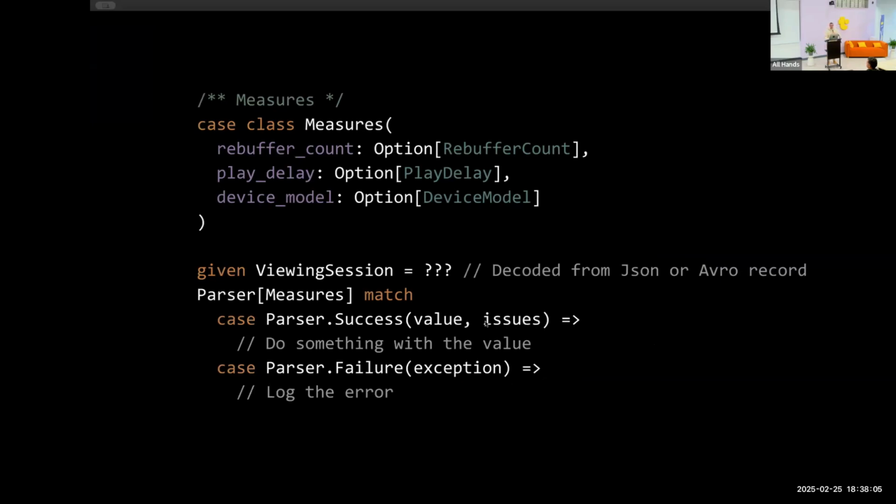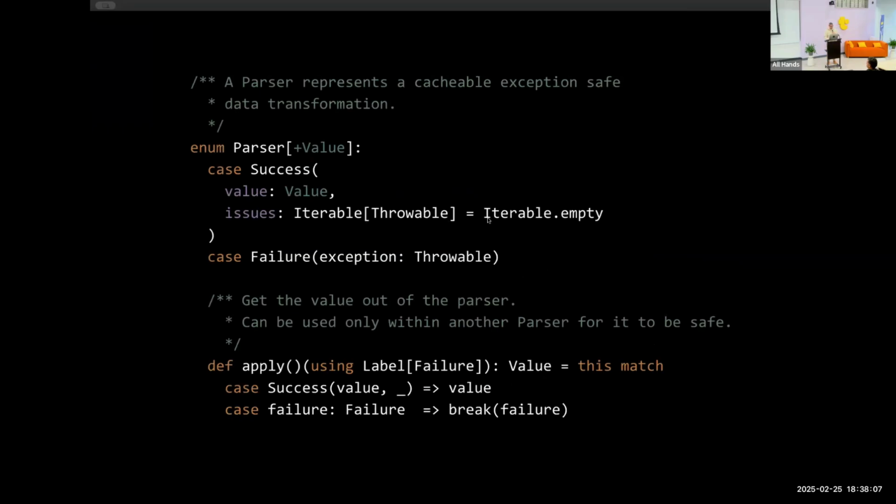That's what the issues are for, this list of trouble. It will add the exception in there. That way, if someone writes a parser that just fails because, I don't know, they did two ints and it's not an int, it will not disturb the whole application.